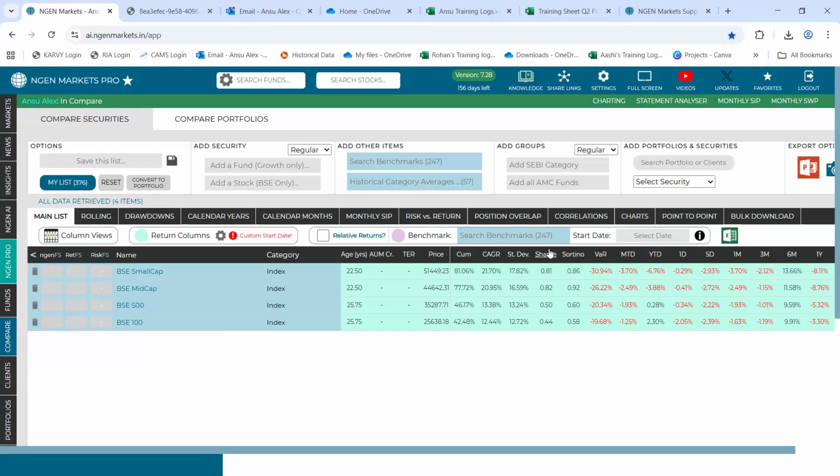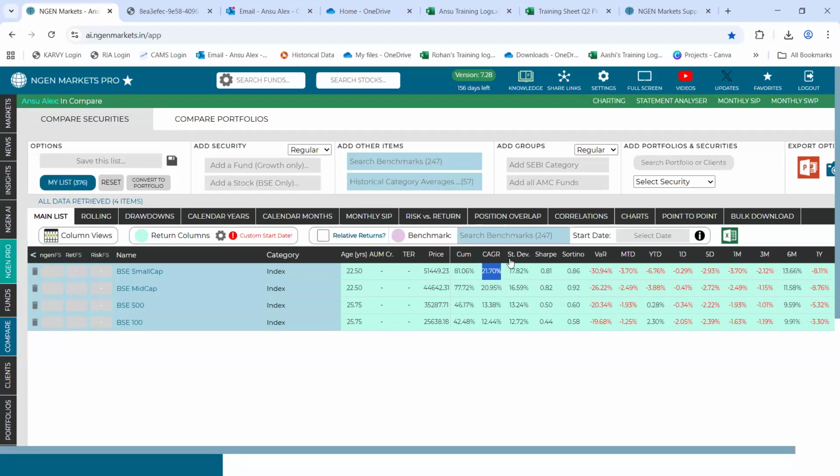Followed by that, for any of these column headings that you see, you have an option to sort them either in ascending or descending order by simply clicking on the column heading. Now, based on its standard deviation, that is the risk undertaken, we see that BSE small cap happens to be the riskiest in the 3-year time period that we are analyzing when compared to BSE mid cap, BSE 500, and BSE 100. However, the risk that has been undertaken is compensated by the return generated by BSE small cap, to an extent of 21.7%.